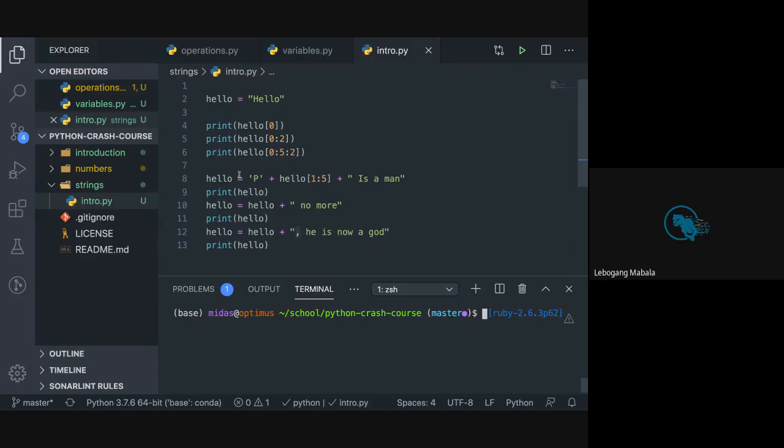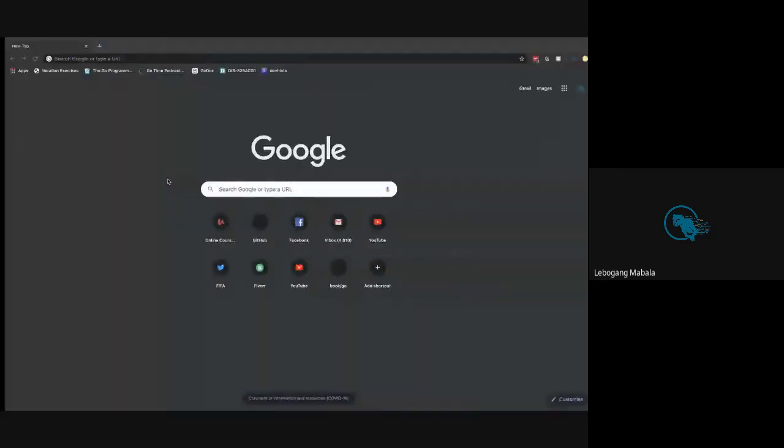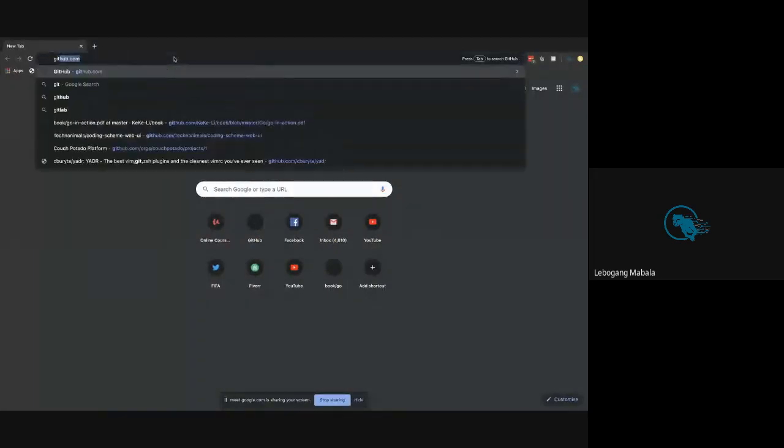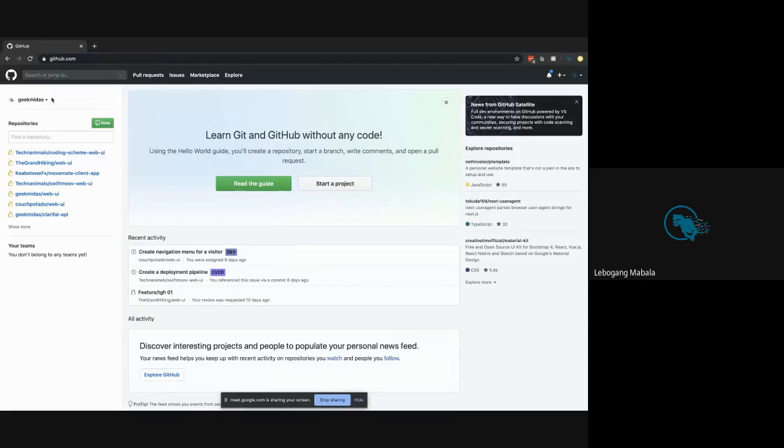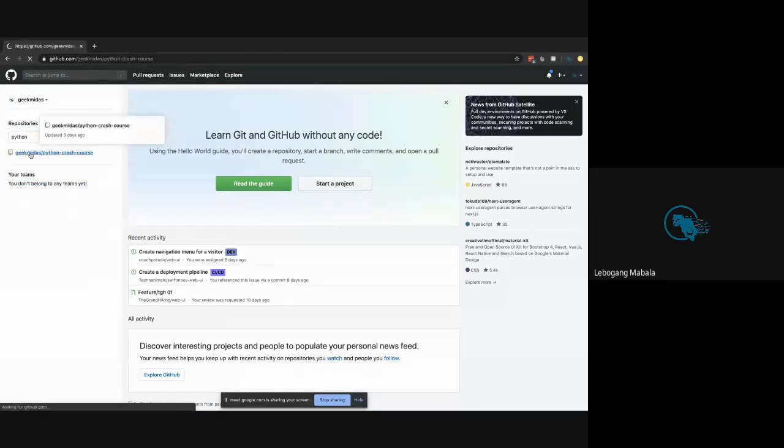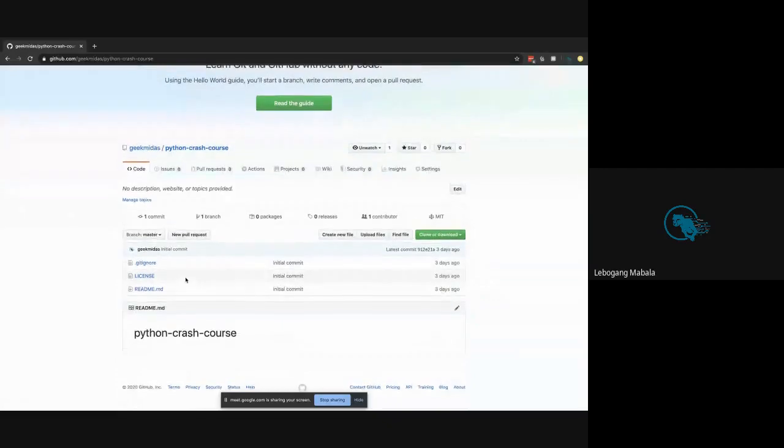So I'm just going to, where's my... yeah. It's going to open GitHub. Cool. I'll send this link through. So looking at this project here, right? So it shows that